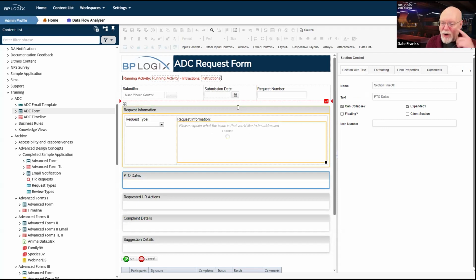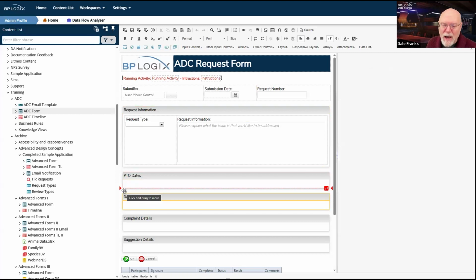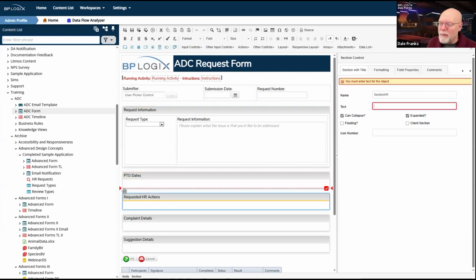So the name has not been set in stone. I'm just going to go ahead and do a progress save here real quick to be sure that all of my control names are properly saved to the form definition, which, by the way, you should also do on a routine basis. And once my save is over, I'm going to go back to my other 3 sections, and I'm going to set them as well.